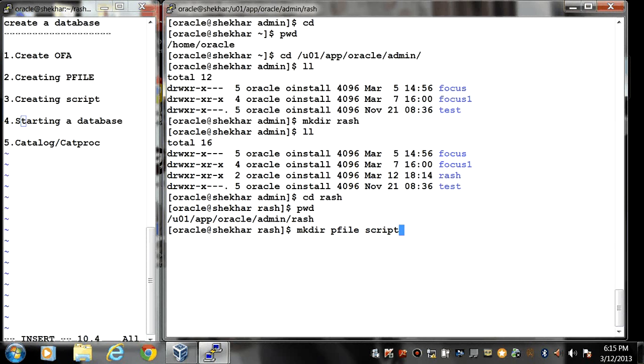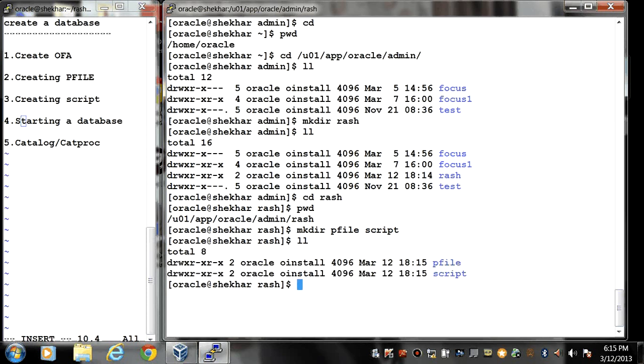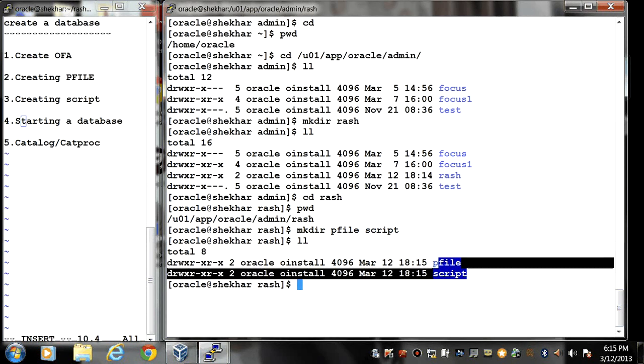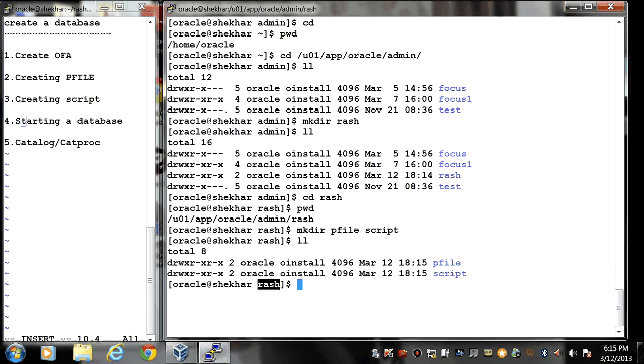In pfile I'll keep all my parameter files, and in the script folder I'll keep my database creation script. So using the ll command you can see how many folders and files are there inside the folder. So inside the rash folder I have 2 folders, that is pfile and script.